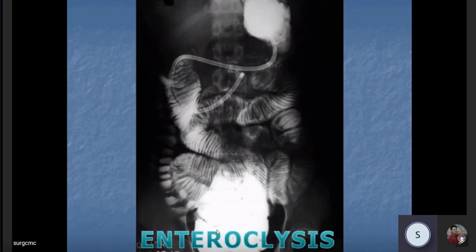Enteroclysis, just showing a picture how it looks like. Somebody at that point of time, in a supine X-ray of intestinal obstruction, told it is enteroclysis. Almost looks like the same, I agree, but there is a tube in enteroclysis because you have to send the dye to the small bowel. In a small intestinal obstruction, you don't get a tube like this. Okay?